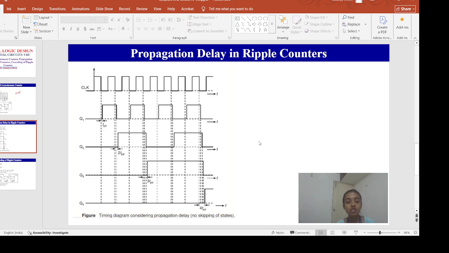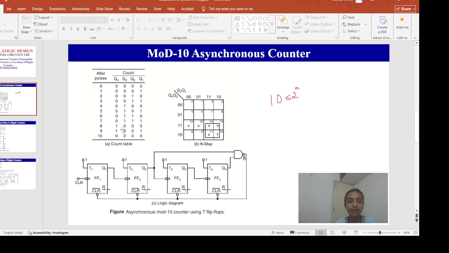This delay accumulates as we proceed through the additional stages, and this will have a detrimental effect on the operation of the ripple counter. So for a decade counter or a 4-bit counter, all the flip-flops will change their states when the count goes from 0111 to 1000. After the 8th clock pulse is applied, Q1 will not change state instantaneously, but it will go from a 1 to 0.